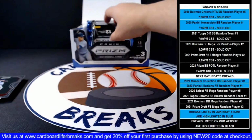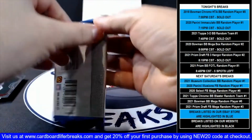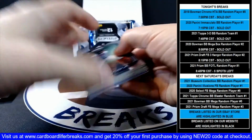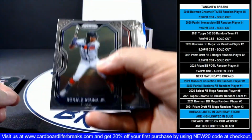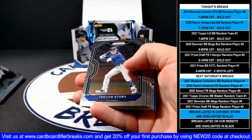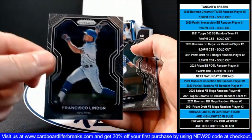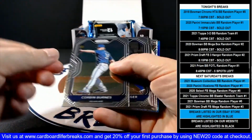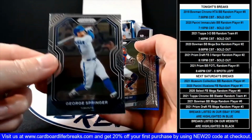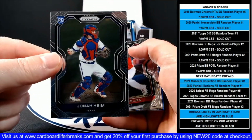All righty, on to our next pack. I believe this is pack number 9. Ronald Acuna, Zach Gallen, Trevor Story, Francisco Lindor, Corbin Burns, George Springer, Jonah Heim rookie,